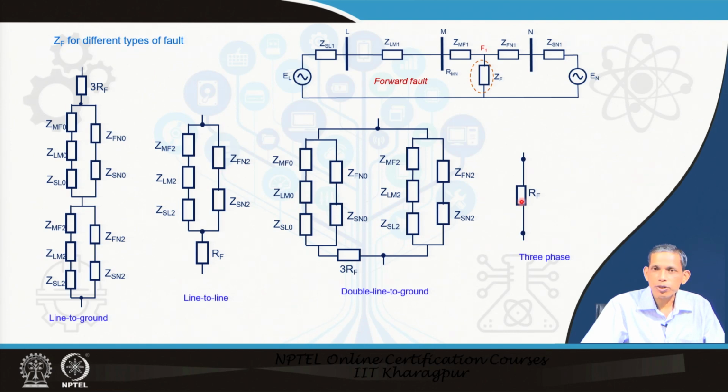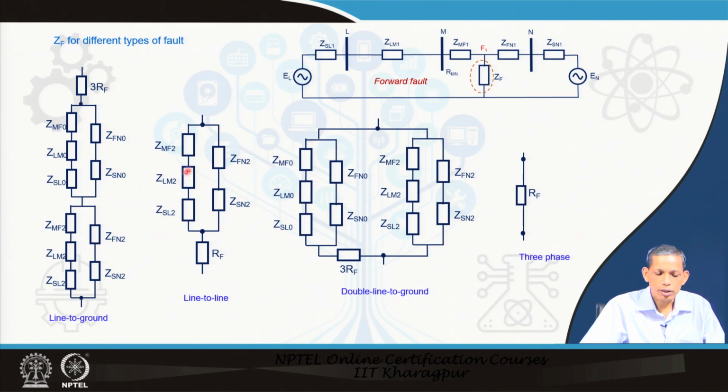Similarly, for 3-phase fault, this RF constitutes the corresponding ZF. Now, for the other faults, phase to phase fault and the double phase to ground fault, the corresponding sequence network for the corresponding ZF equivalent becomes like this and this. So, this is obtained from the positive and negative and the corresponding negative and 0 sequence components of this